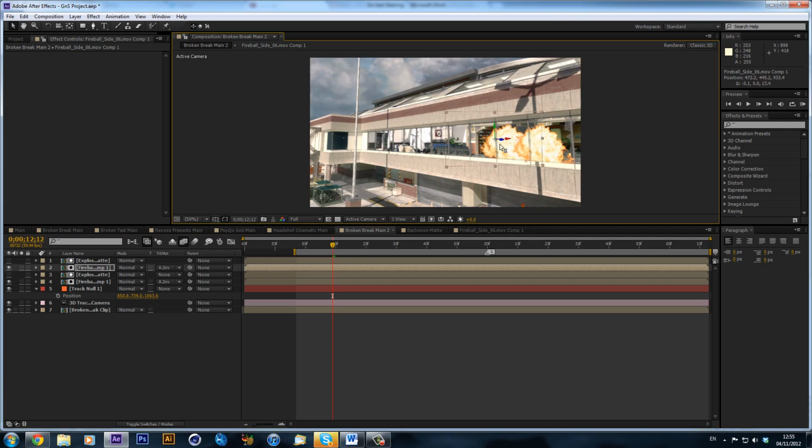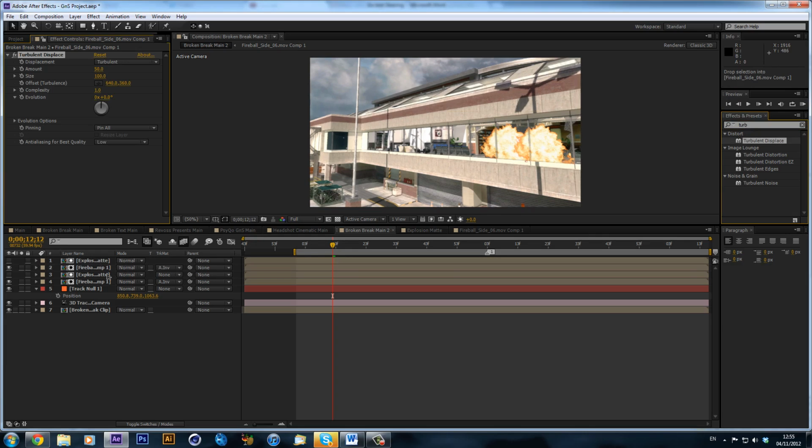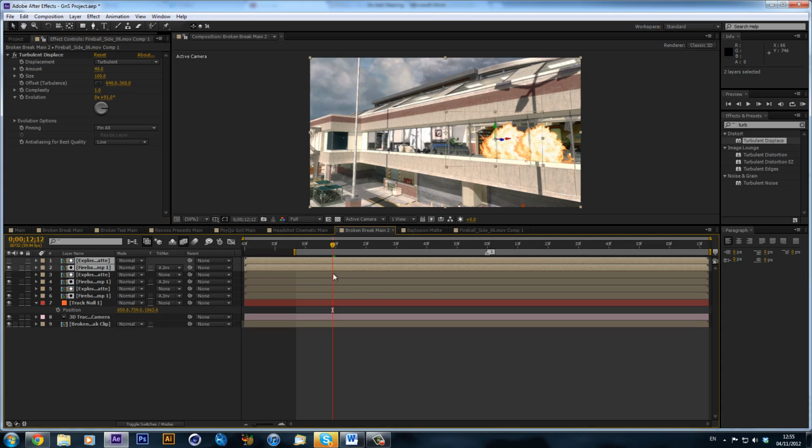And now, because you want to randomize it a bit, what I did was I typed in turbulent displace. We can drag that onto our fireball, and you just want to make it look a bit different, so you can mess around with the evolution a bit, and the amount and complexity, until you get something looking a bit different. And I just basically duplicated it again,